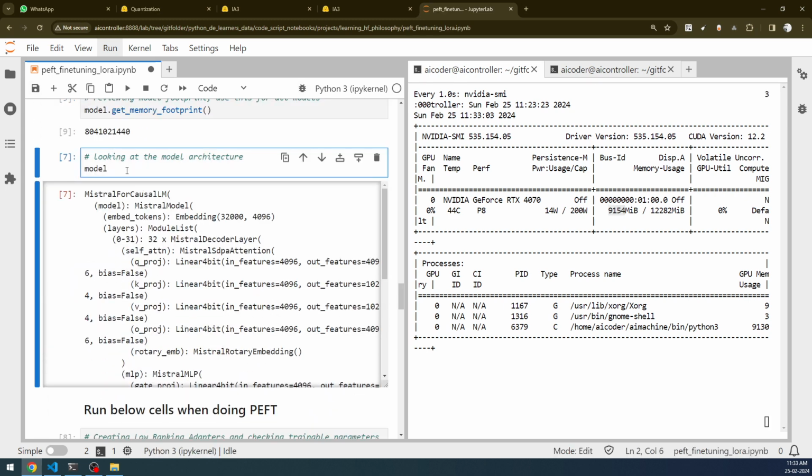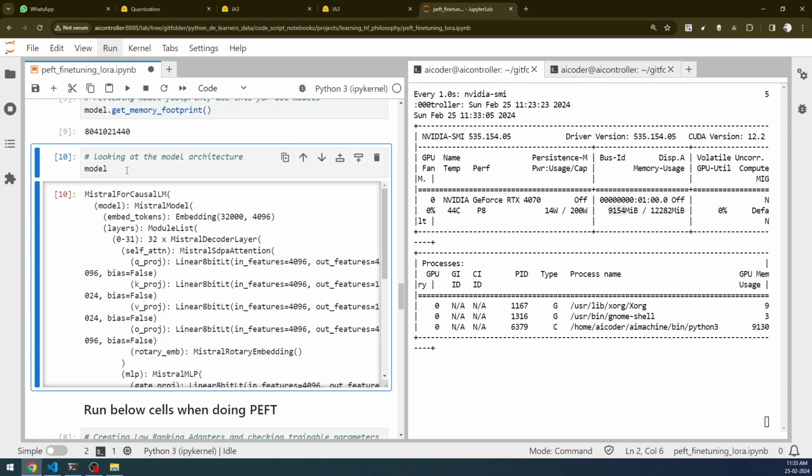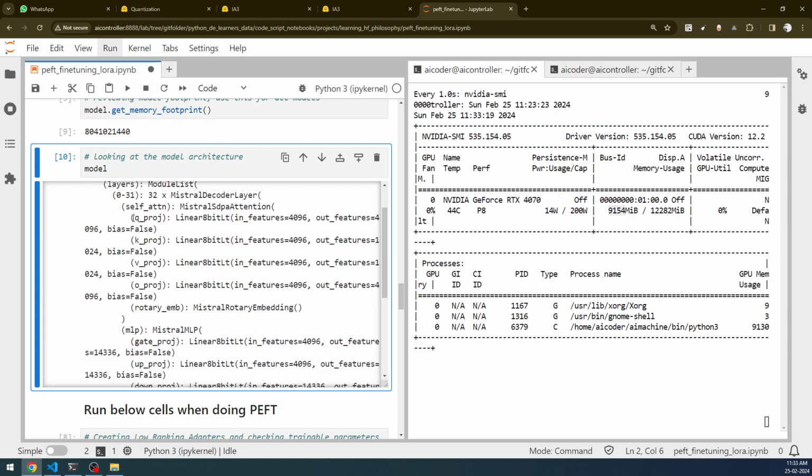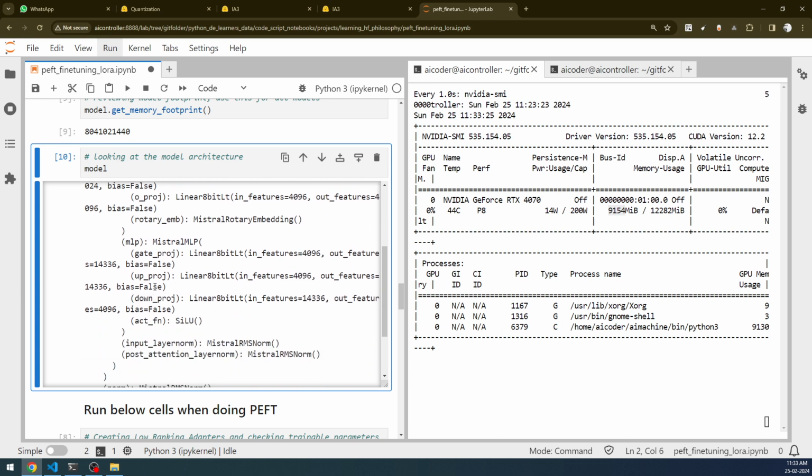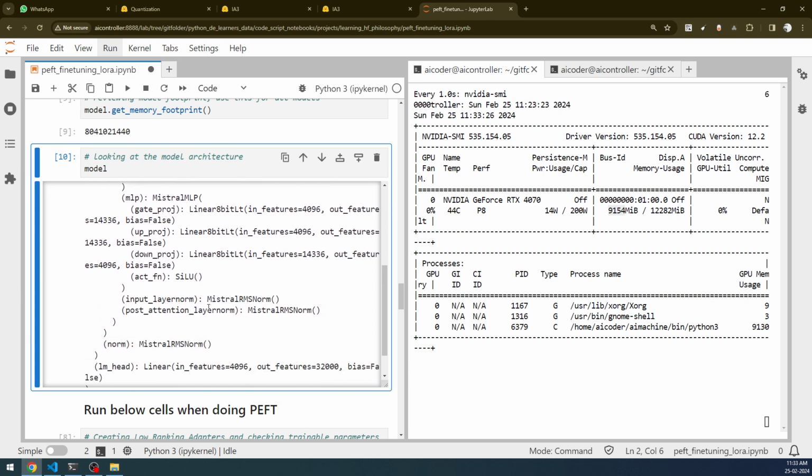Once that is done, you can look at the model here. This is also one of the points that I wanted you to learn, because we are going to go into fine tuning using PEFT and LoRa methods. At that time, when you're going to go for LoRa methods and doing the fine tuning, you will be looking at these words: K projection, Q projection, V projection, O projection, and various other kinds of layers that are present